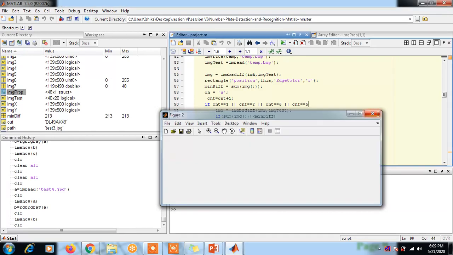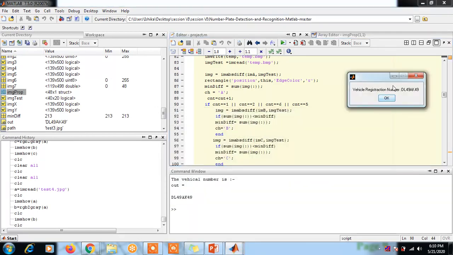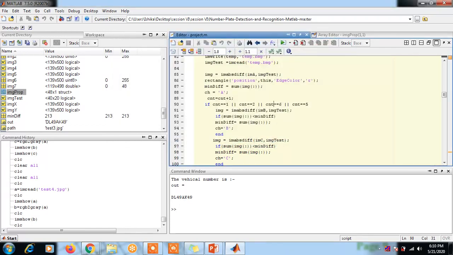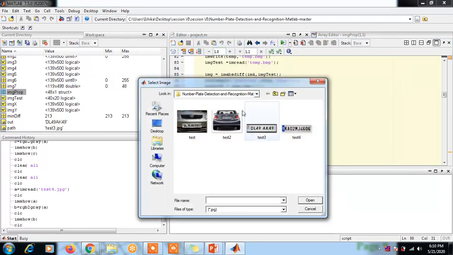Now we'll see the second example. Running this example, this is the first vehicle number, this is another vehicle photo, this is test 3, this is test 4.